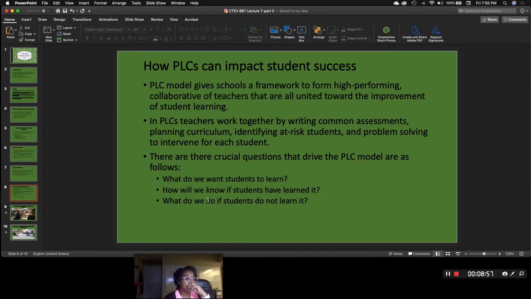The other thing that they say here is how POCs can impact student success. I know a lot of people have debated over the last decade or so, POCs are nothing new, what is the impact? And I do believe that there's impact if it's run correctly. I think oftentimes we give the name to a POC when we're really not using a POC, it's just a venting session. But realistically, if we are systematically using